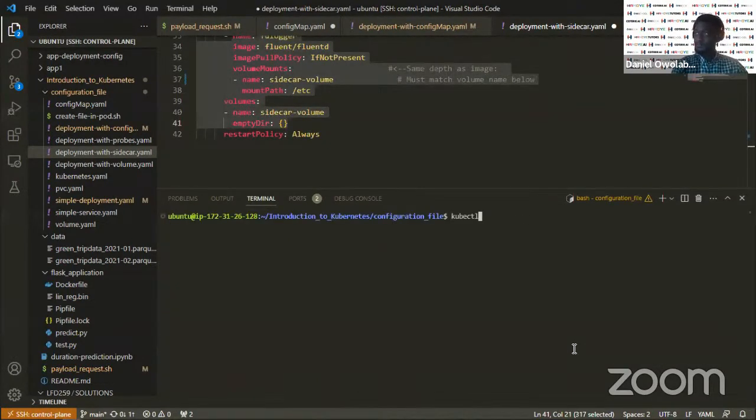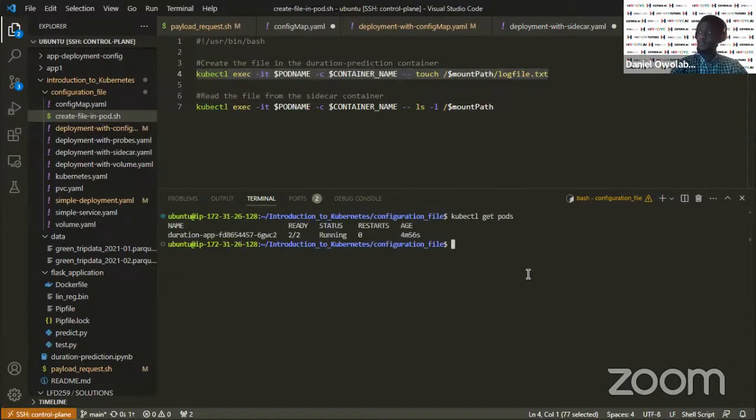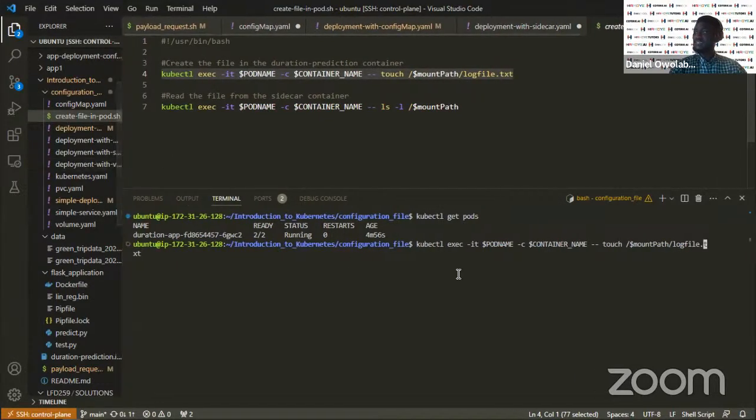So kubectl, instead of typing it and wasting time, let me just copy this and use what I'm supposed to use. Let me do kubectl get pods first, and then copy this command and paste it here. As you can see, the command that I'm executing has changed. Now I'm doing kubectl exec inside that pod, inside the container. Touch, I think we should know what touch does. Touch will create a file. So touch creates this file inside this mount path,